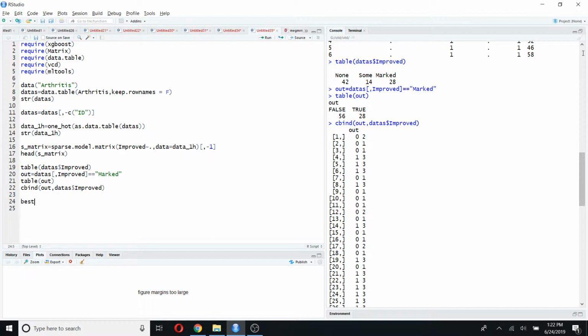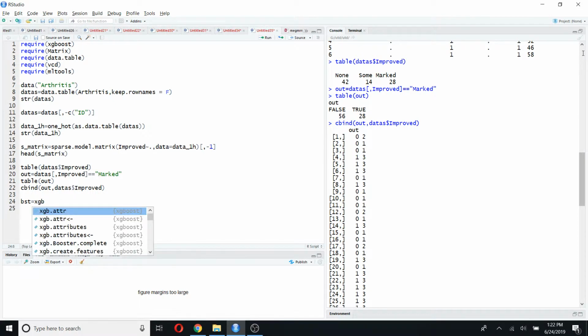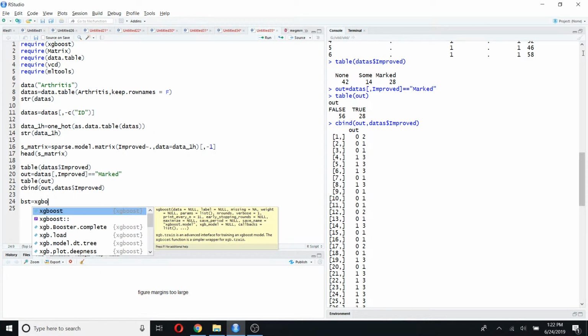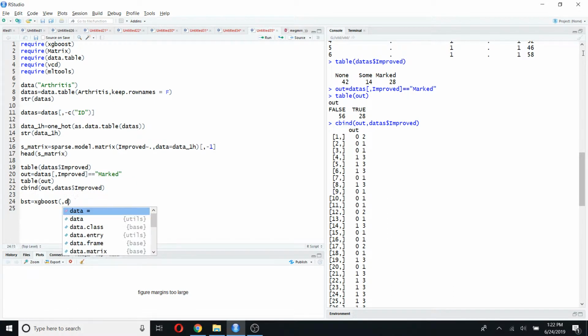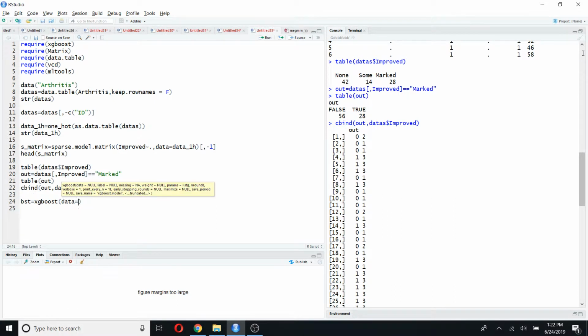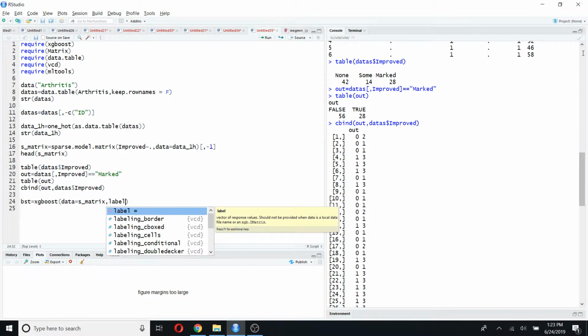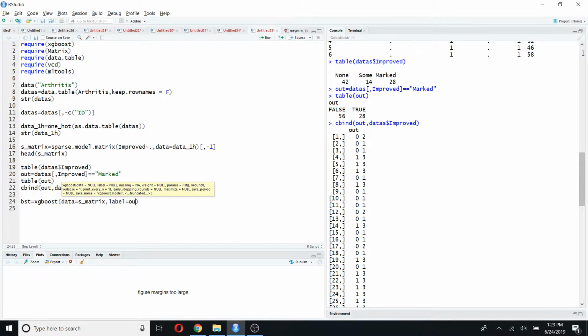So now I'm going to create this boosting classifier using the xgboost function. First type xgboost, then you have to specify your design matrix using data equals. You can specify the design matrix here like this, because my design matrix is s_matrix. Then type comma. After that you have to specify your target variable or your response variable using the label parameter. So my target variable is out,